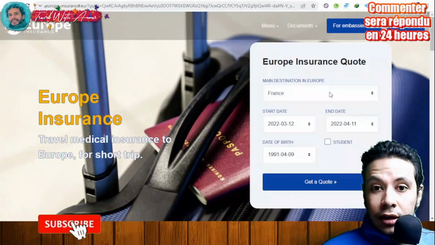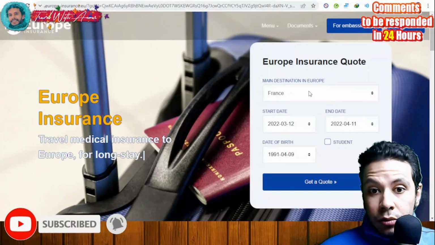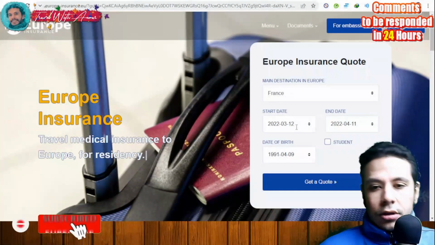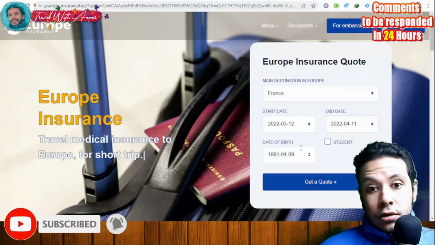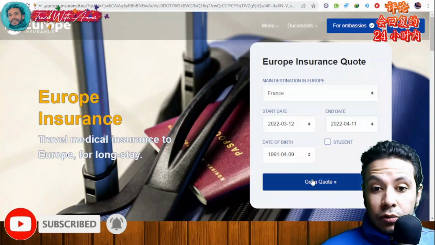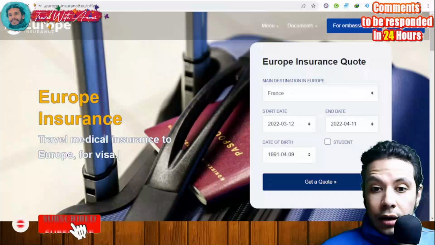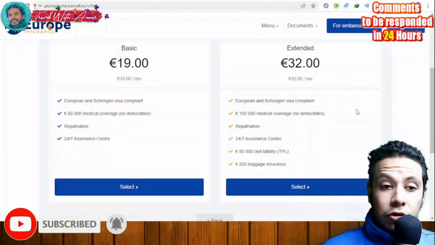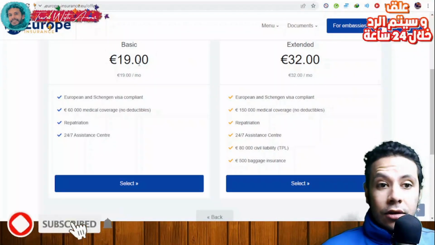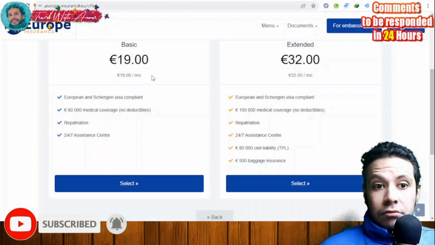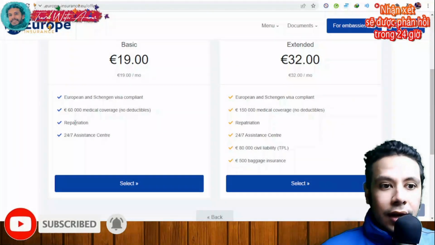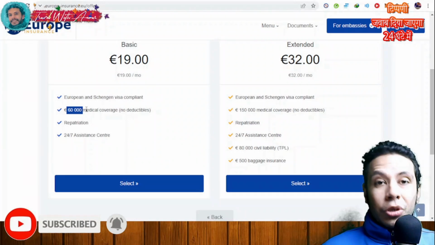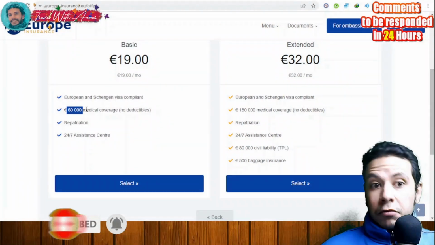First, you have to select your main destination in Europe, which is, I selected France, the start date, the end date. Let's say you're just staying for 1 month and you want this insurance for 1 month, and here you write your date of birth, then get a quota. Okay, so now there are 2 types of travel insurance. The first one is basic, and it costs 19 euros per month, and it covers more than 60,000 euros,